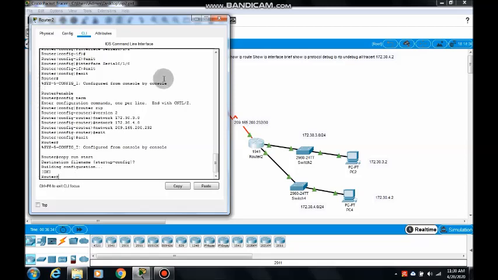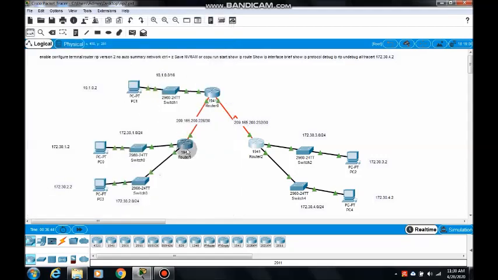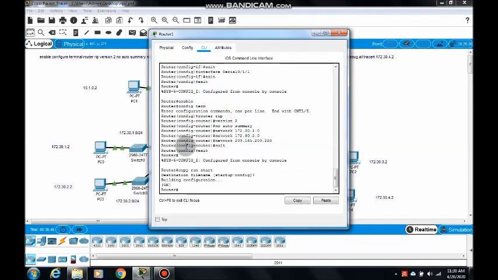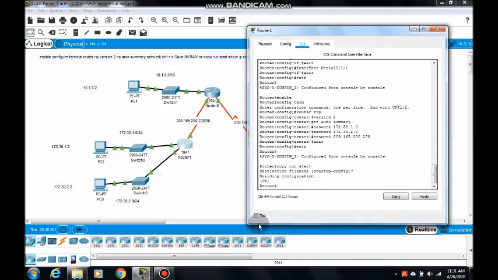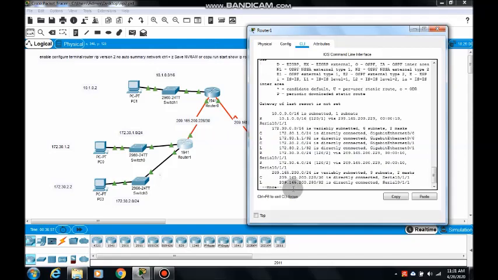Now we can verify whether RIP version 2 is properly configured in all the routers. In order to do that, we can give the command from each router. On the router, show IP route.